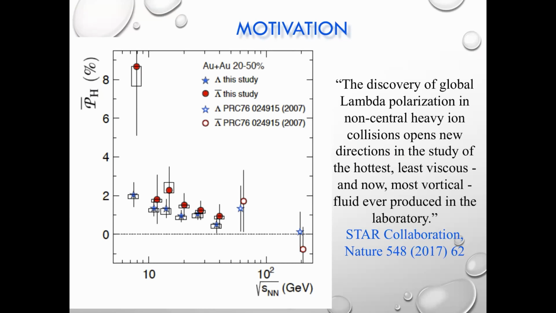Indeed, what does it mean? As was first pointed out about 15 years ago, in non-central heavy ion collisions at relativistic and ultra-relativistic energies, the system possesses huge angular momentum, especially at the very beginning,